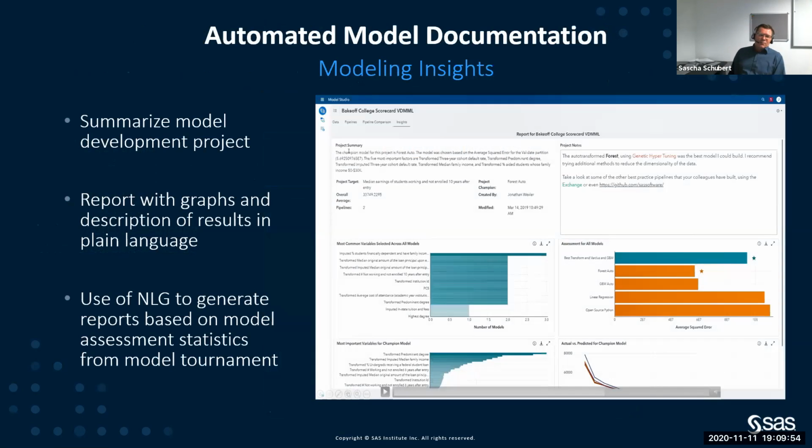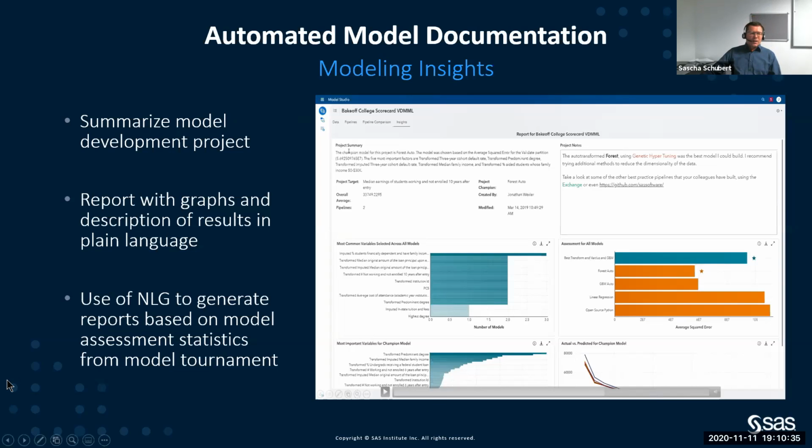And then another area that is sometimes a little bit overlooked in this whole machine learning pipeline is automated model documentation. As we all know, as data scientists, you need to present your results to someone to get a sign-off on whether this model that you created will be used to automate a decision process in the organization. And creating these results and making them understandable for people that are not that deeply involved in predictive modeling or artificial intelligence is sometimes quite challenging. So again, you can automate that, and not only creating a visual report with graphics and numbers, but you can also automate the description of what you see in that report.